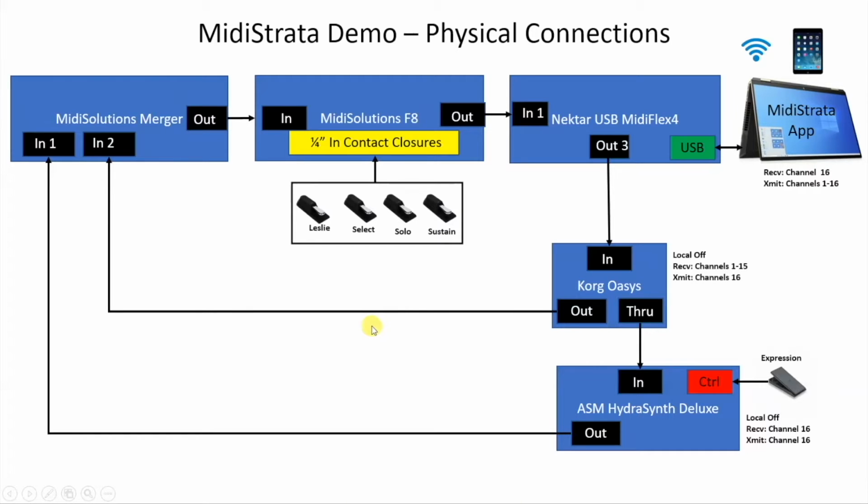So let's just recap the channels, because it's really important that we get those channels right as we move into configuration. So, most importantly, MidiStrata application, it receives on channel 16, it transmits on channels 1 through 16. So because that receives on channel 16, both master keyboards need to transmit on 16, and we have that here